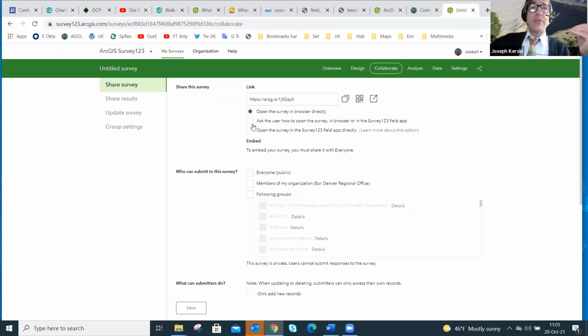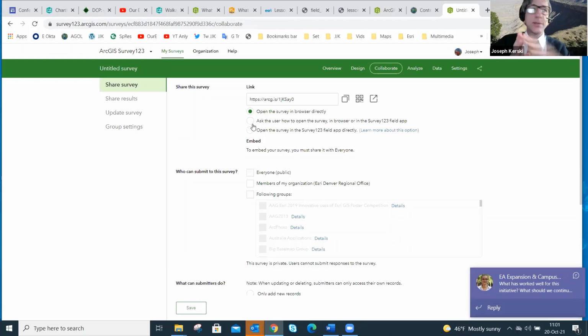So if they have the app, it actually looks a little bit nicer on their device than if they did not have the Survey 123 app. But it looks almost the same, just in a regular browser.